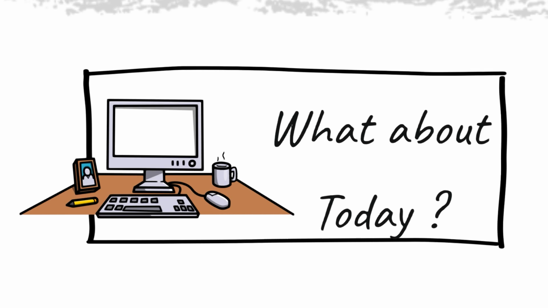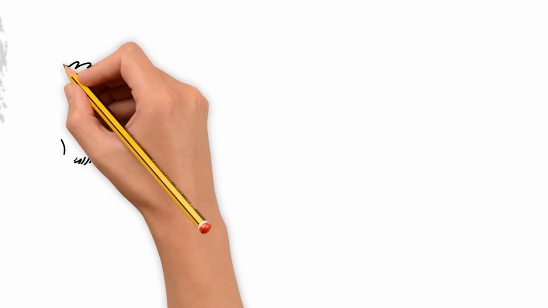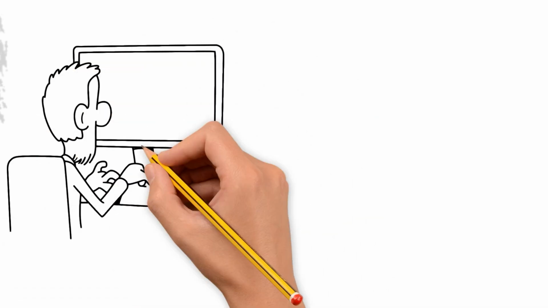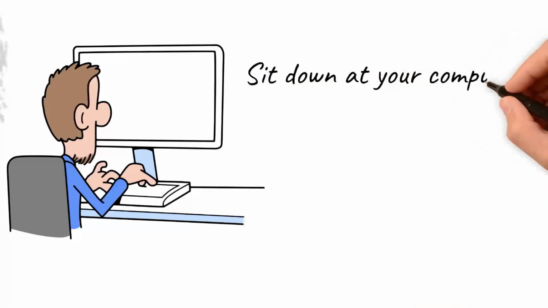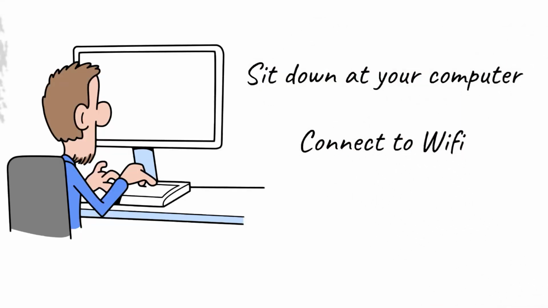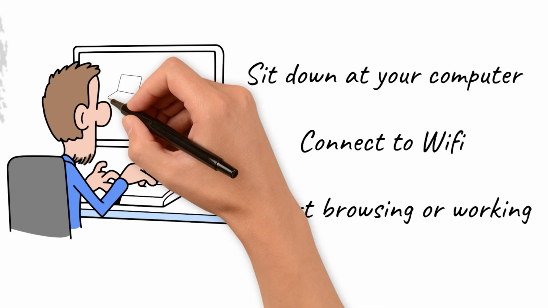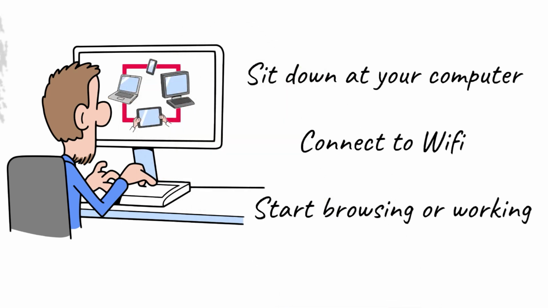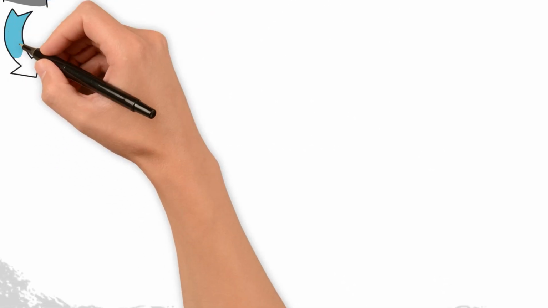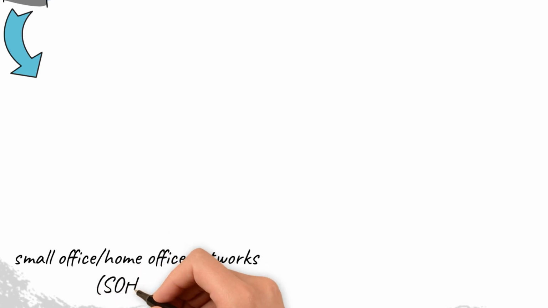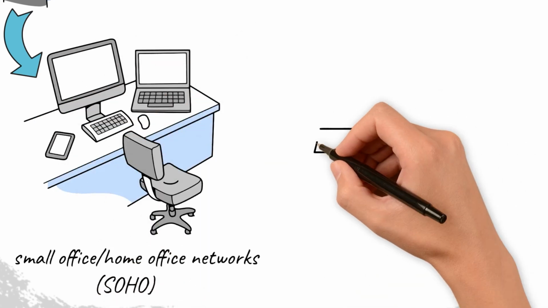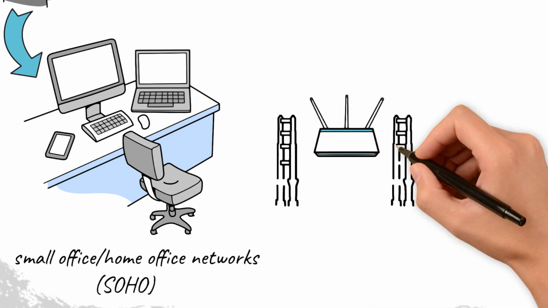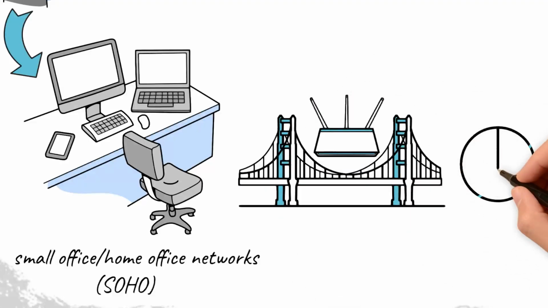All right, so we've talked about how networks started, but what do they look like today? If you're like most people, you probably don't think too much about networks. You just expect your internet to work. You sit down at your computer, connect to Wi-Fi, and start browsing, streaming, or working without worrying about how everything is connected. But behind the scenes, your home is actually a small network of its own. Your devices, your computer, laptop, smart TV are all connected to a router, which acts like the bridge between your home and your internet service provider.